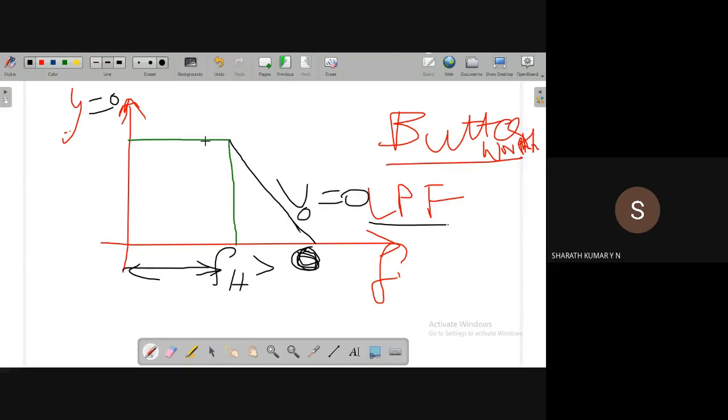The rate at which the gain reduces, based on that, we can have various orders of filters: first order filter, second order filter, and for example third order filters. What is this order of the filter? This order of the filter indicates